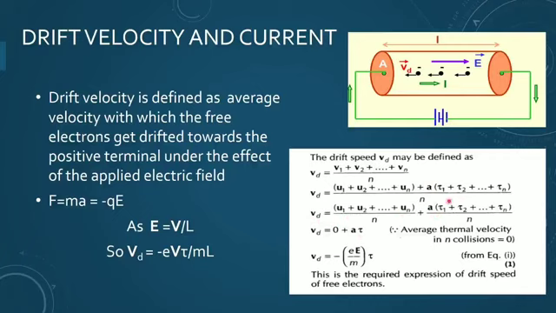Tau is simply the relaxation time, the average time we have taken, and this A you can calculate from your previous knowledge, acceleration, because we have already spoken that QE is equal to F. So F equals MA, so you can write MA equals QE. A from here is given by QE upon m. Q, for the electron, is E with a negative sign. So it can be written as E upon m into tau. So this is the expression for the drift speed or drift velocity.